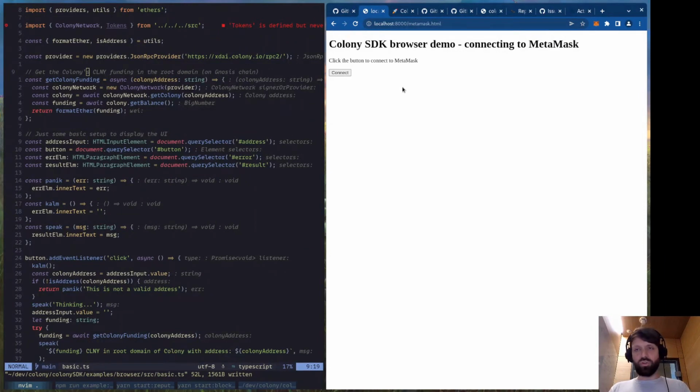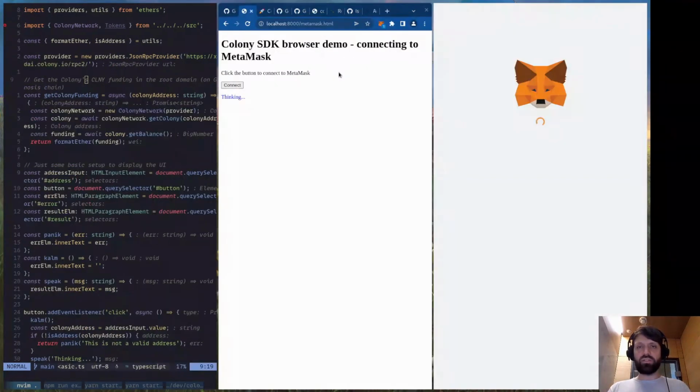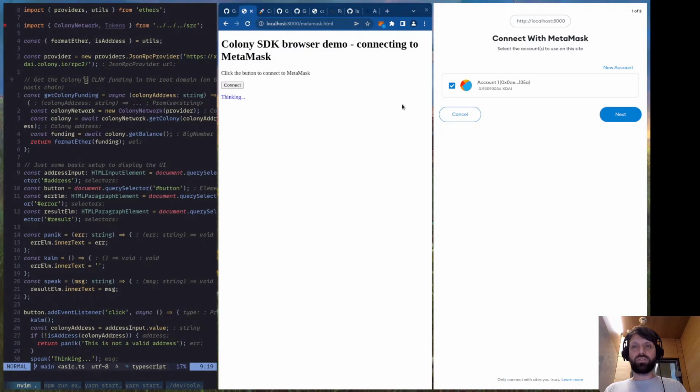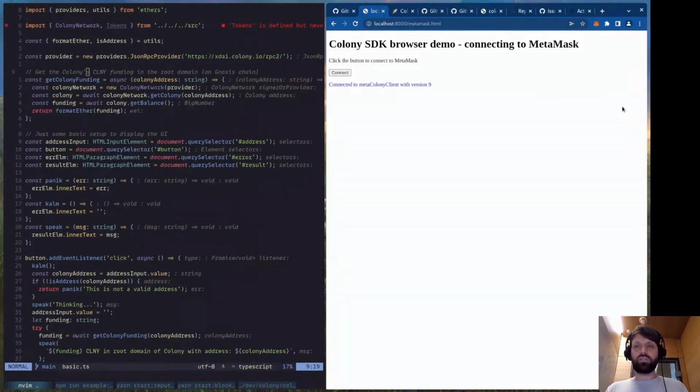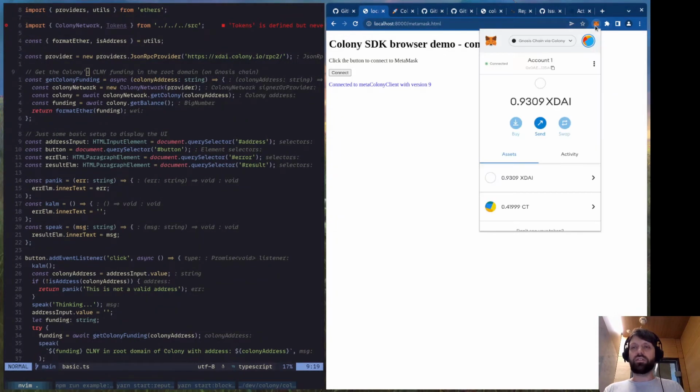I'm going to show the code soon. I'm just going to show you what it does. So I click connect to Metamask, and then the browser asks me to connect my account, and I'm allowing that because it's just my development account. And you can already see here that we use Metamask to connect to the Meta Colony, which is deployed on XDAI. Because we are connected in MetaMask, we are connected to Gnosis chain,